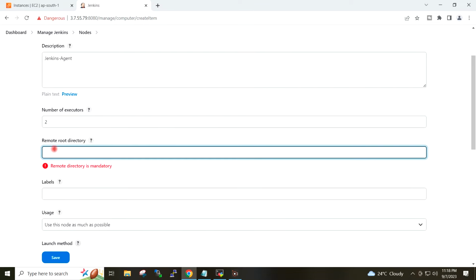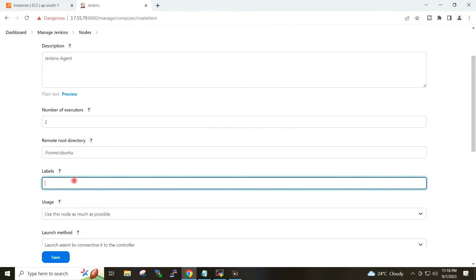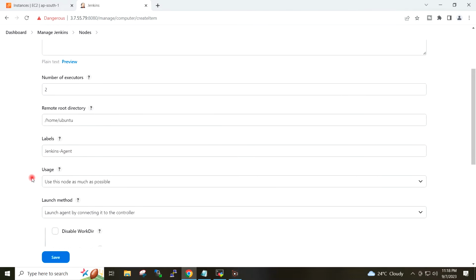Remote root directory I will give /home/ubuntu, which is the home directory of the Ubuntu user on the agent server. Label I will give Jenkins agent. Usage: use this node as much as possible.